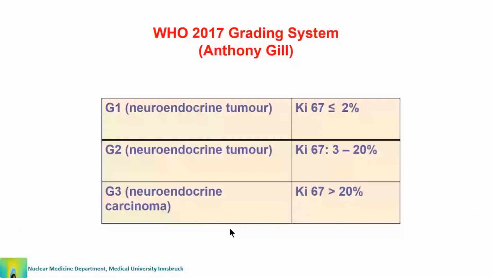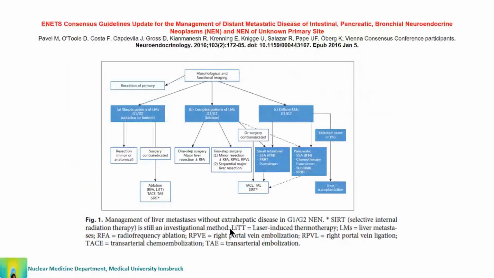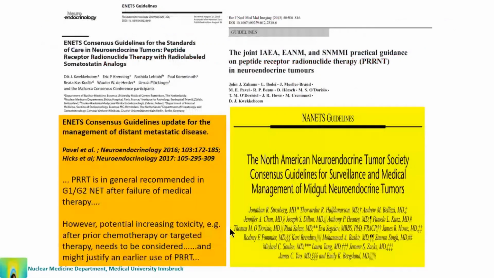On the other hand, I would like to point your attention to the grading system of patients with neuroendocrine tumors. So most of the studies published and most of our experience is based in patients with G1 and G2 neuroendocrine tumors. This again is the NETTER study leading to commercialization of the radioligand product. And with this, peptide receptor radionuclide therapy has entered the guidelines of ENETS, of NANETS, and many other guidelines are